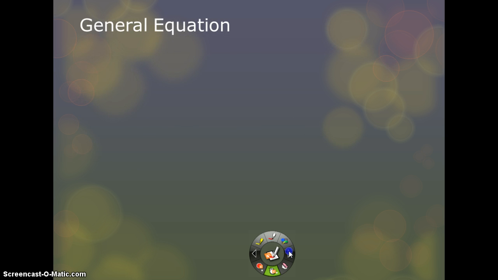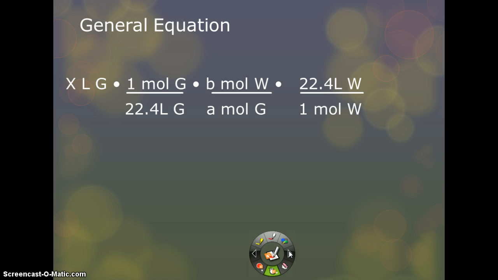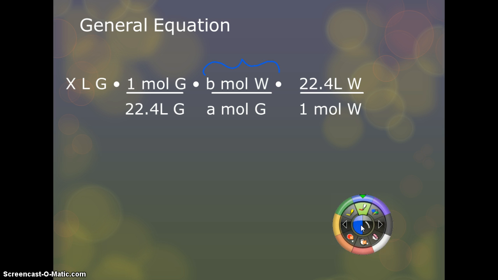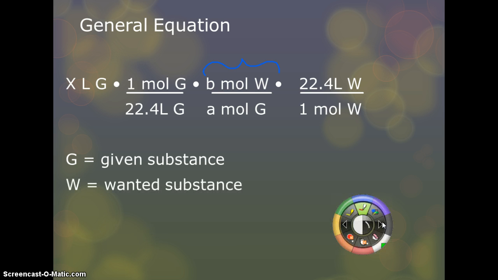So general equation for volume to volume, you're going to take however many liters of your given substance, turn it into moles using the 22.4 liters. Next is your mole ratio. So this is the A over B part. Remember, the A and the B are the coefficients from the balanced equation. And then if you want liters again, you're going to use the 22.4. So G is given, W is the wanted substance, and A and B, remember, are your coefficients for your mole